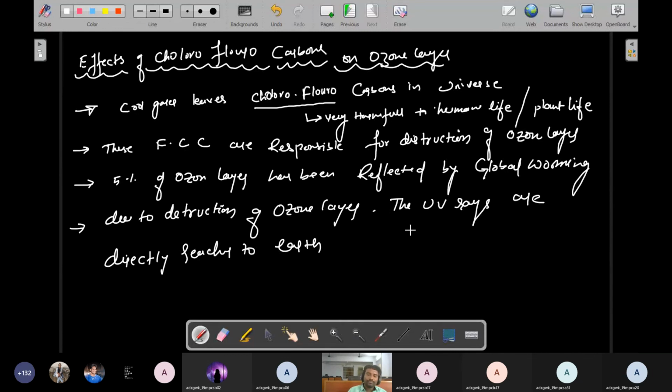fluorochlorocarbons. Okay, so I think this lesson is completed. In tomorrow's class, we have two topics. After those two topics, this unit 4 will be completed. So maybe Thursday onwards, not Thursday, Friday onwards I'll start a new chapter, the 5th unit. The name of the unit is quantum theory of radiation. Understand? So this is the theory. Now the class is over. Today's class is completed.